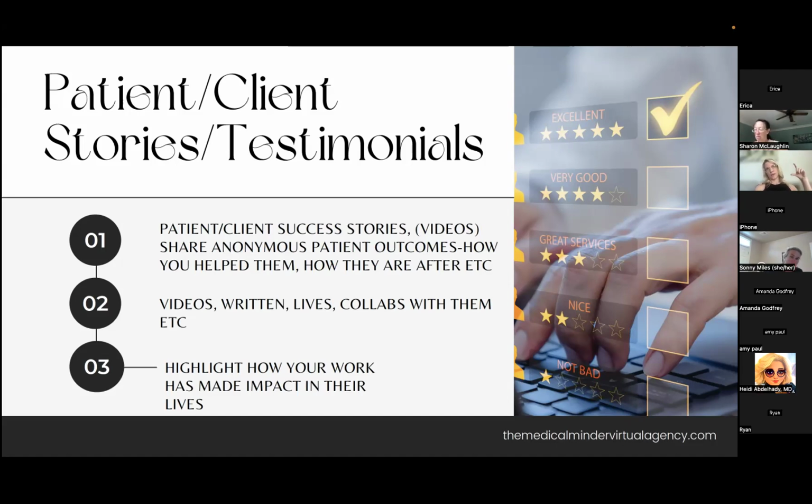For example, one of the clients is a pediatric rheumatologist. And so we'll talk a little bit more about this later, but she does green screen. This is a pediatric case that came in with this rash. Parents look for this rash for lupus, etc. So it also is educational a little bit, and it's visual so that they'll remember, oh, this was the case that came in. And she's done really well with her pediatric rheumatology cases, testimonials and success stories. But yeah, you want to make sure you do anonymous if they don't